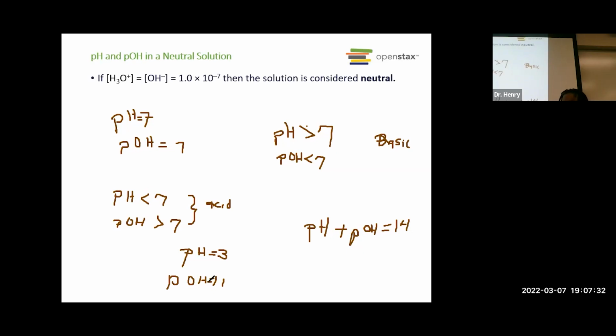Yeah. Okay, so if we have a pH of 11, is that an acid or is that a base? It's a base. So then what would be the pOH? It would be 3. Okay, make sense? It's so easy to do, yeah. Okay, so